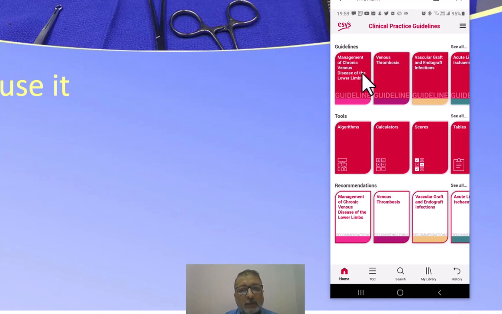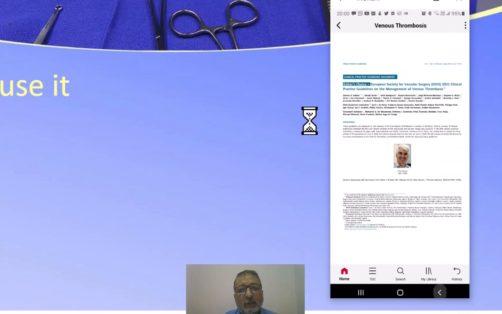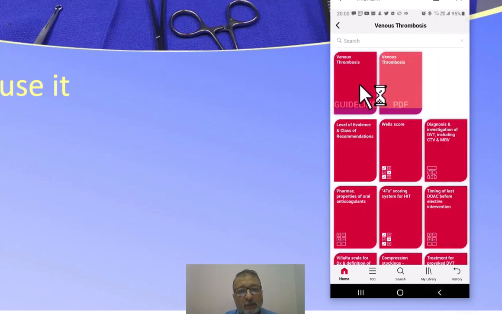Here you can see the guidelines. If you want to read any of these guidelines, for example, let us go to venous thrombosis. Press on venous thrombosis, and once you press on it, you get the whole article itself. You get the venous thrombosis article, you get the PDF file, and you get various tools that can be used. So what I advise you to use is you can press on the PDF format here, and then you can start reading the